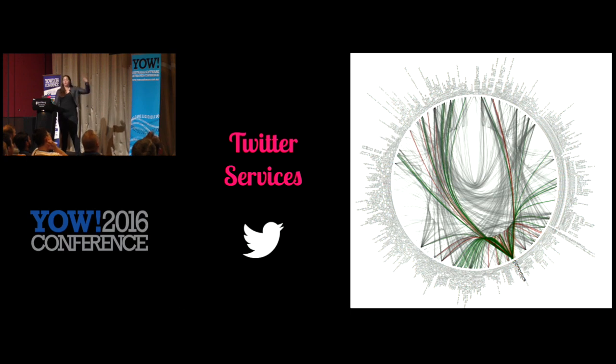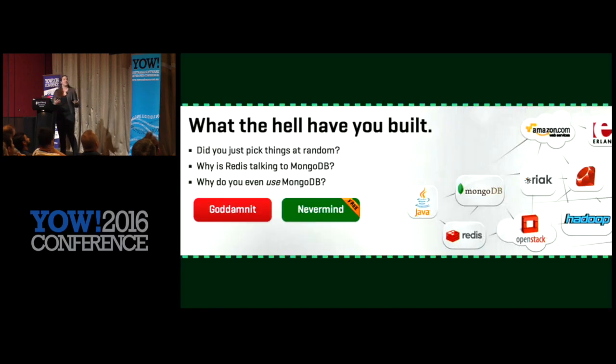Or it could be super complicated, like all the microservices that we have at Twitter, and this is one of our call graphs from Zipkin. Or it could be something that you happen to inherit that's a bunch of things duct taped together. This is from Coda Hale. I stole this from him, or borrowed it, I should say. But these things have to work, right? They have to work because presumably you have customers or you are building this for a business of some sort, and we want to make our users happy.